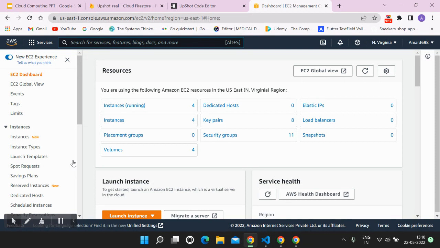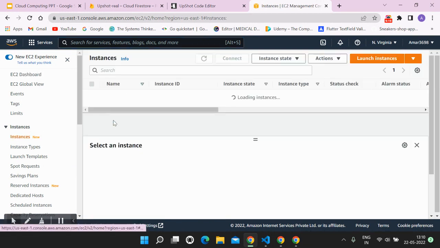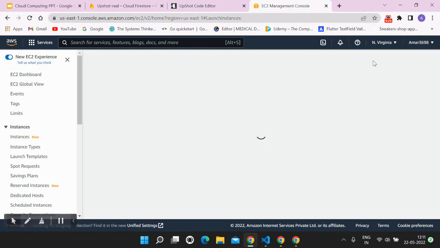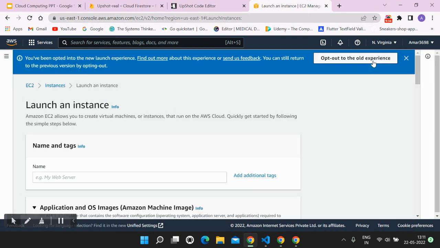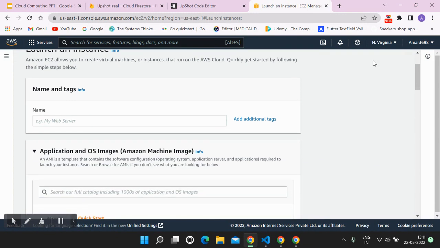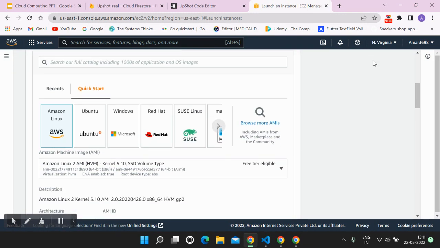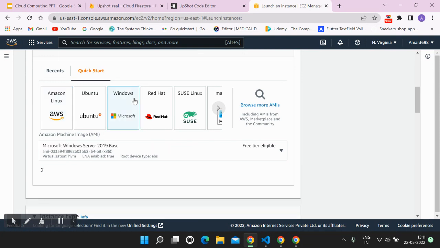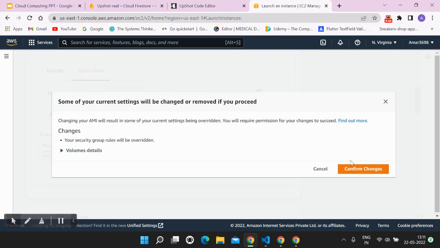First of all, we need to go to instances. It shows the instances which we created. For demo purposes, I will show how to create an instance. First of all, we need to go to launch instance. Next we need to select which type of AMI we need. For our purpose, we have chosen